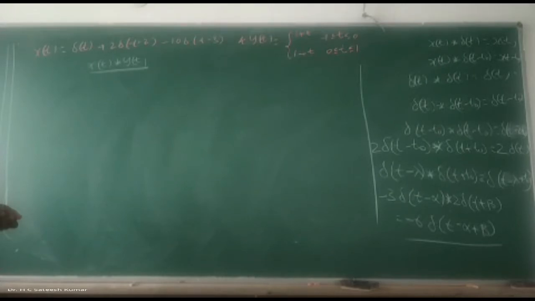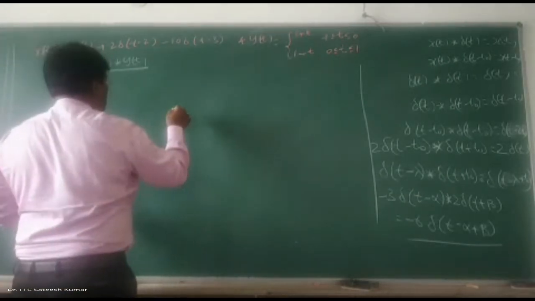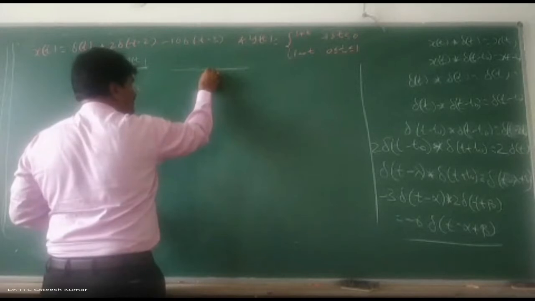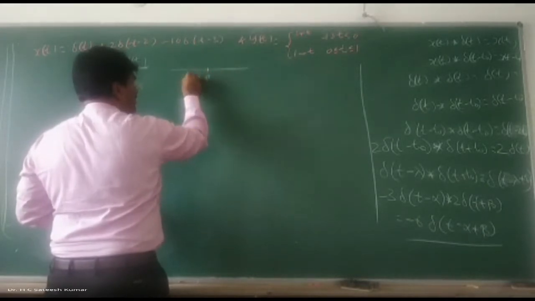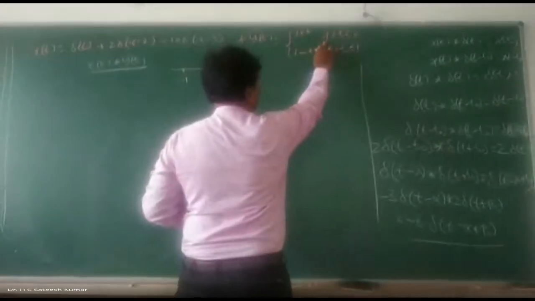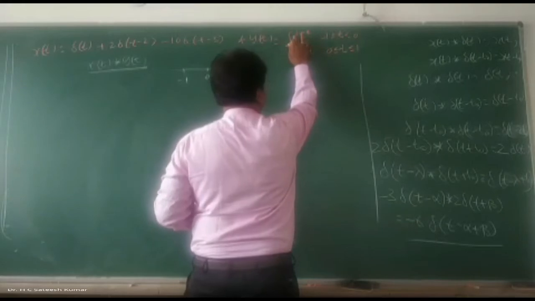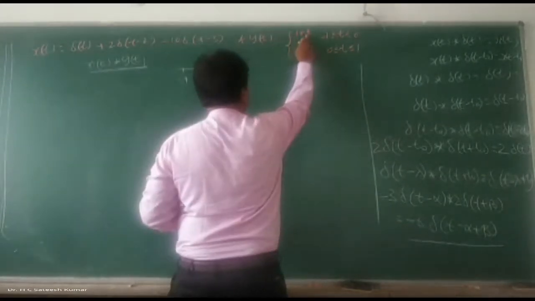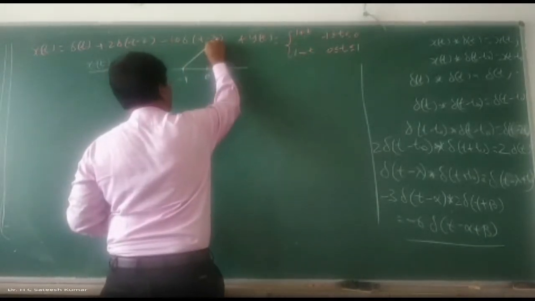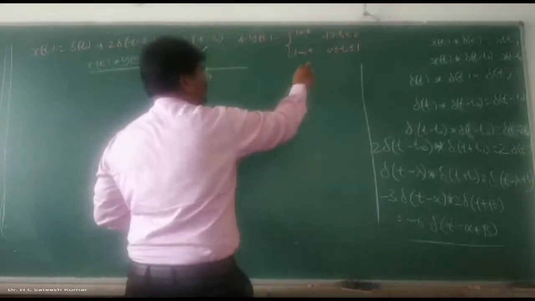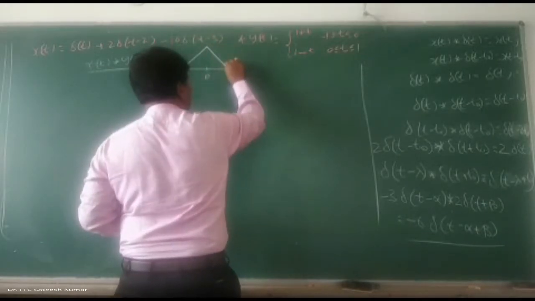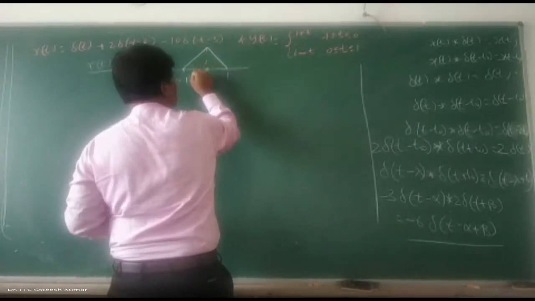Now, observe here. First you take y of t. You can sketch it like this. From minus 1 to 0 it is 1 plus t. At minus 1, what will you get? Minus 1 plus 1, 0. And at 0, its value is 1, with a positive slope, increasing as a straight line. Next, between 0 and 1, at 0 its value is 1, and at 1, the value is 0. So this is your y of t.